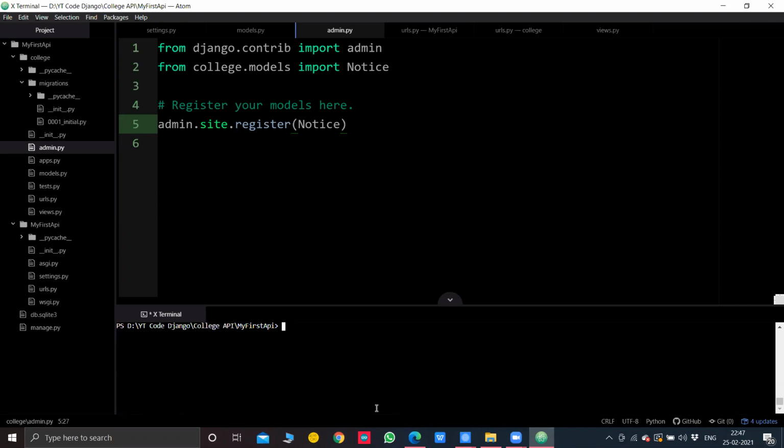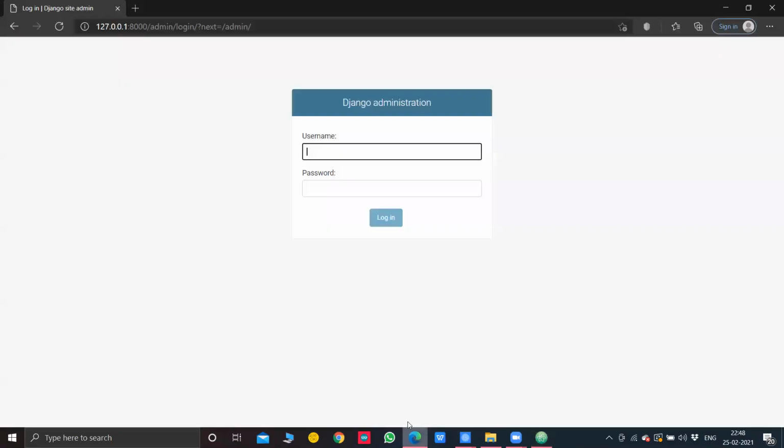In the terminal, you need to write the following command, which is python manage.py createsuperuser. What is a superuser? A superuser will have all those authorities, and it will ask you to set the username and password shown on the website, and you can then log in and access it.